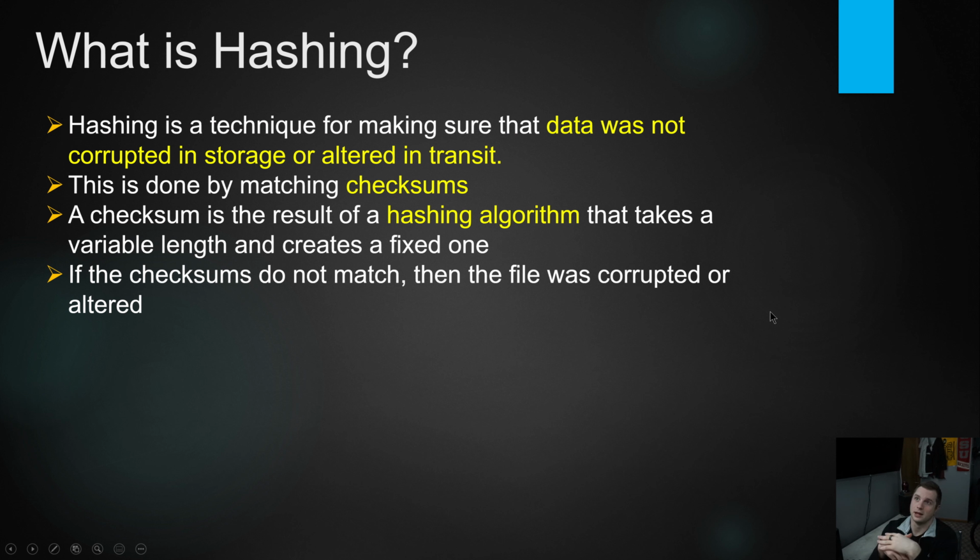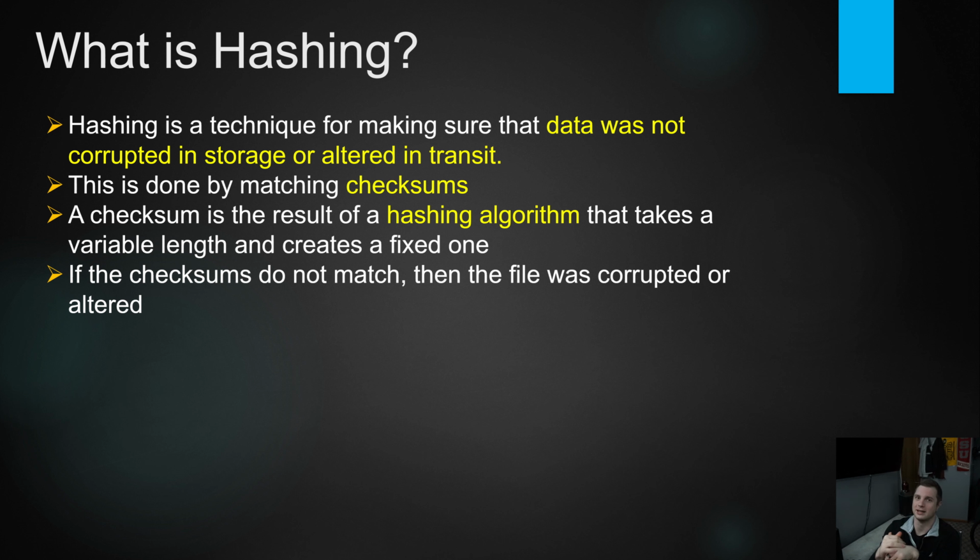Here we go. And now we've got to talk about hashing. The difference between a hash and an encryption is the intent. A hash is a technique to make sure that the data that you stored is exactly how you left it. This is what ZFS uses for a file system to make sure that the data on the disk is not corrupt from something like disk rot or just corruption in general. Occasionally that happens over time. Same thing with your ECC RAM bit flips. This is how they figure out,